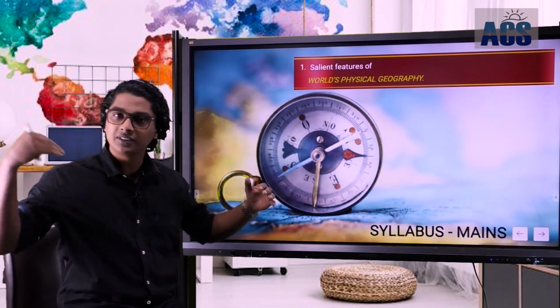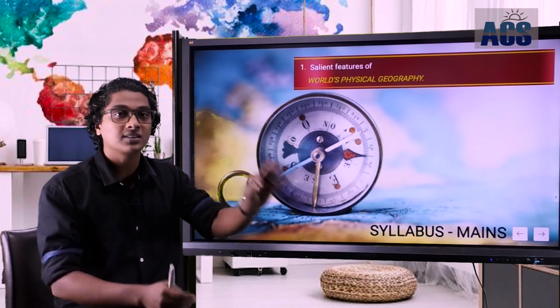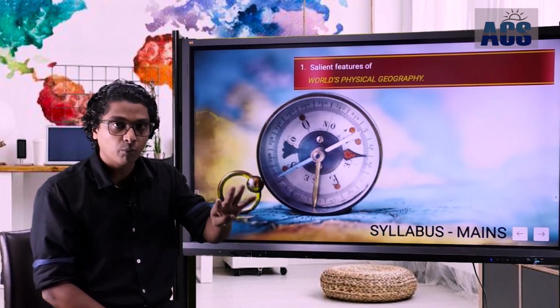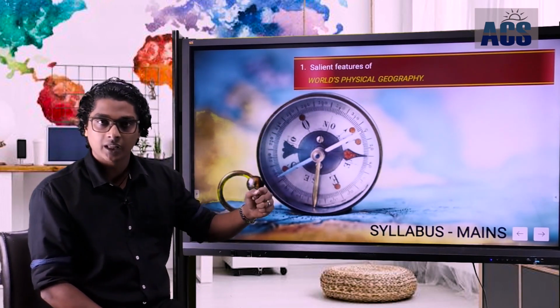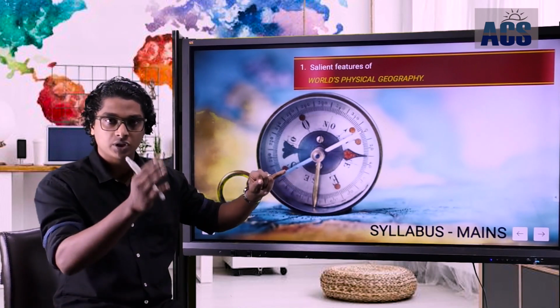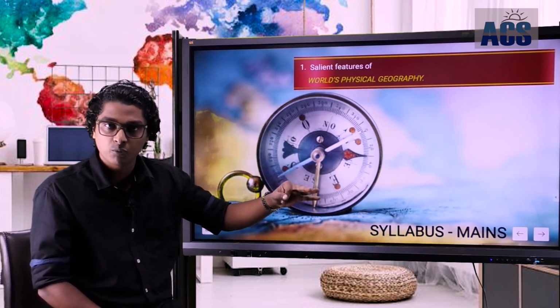will study the evolution of earth and how did all these things we see around us, how did they all come into being, how did they all originate. That we will study as the Earth and universe. So there are basically 4 modules, very important modules in world's physical geography. We will be studying regarding, say, Earth and universe, the evolution and things, then the climatology, then geomorphology, and then